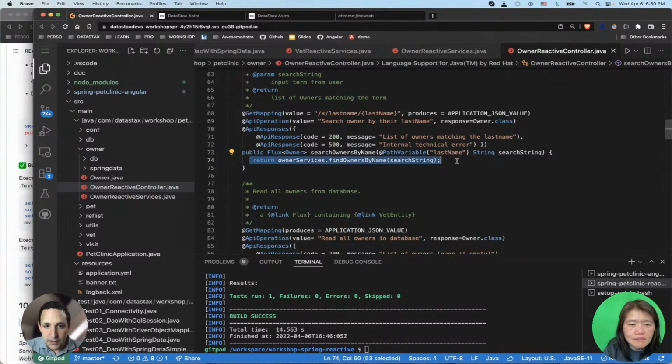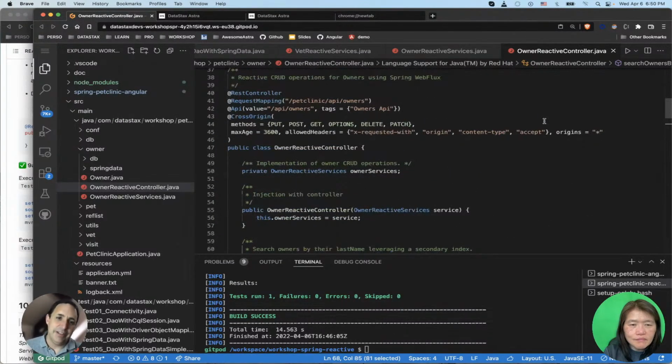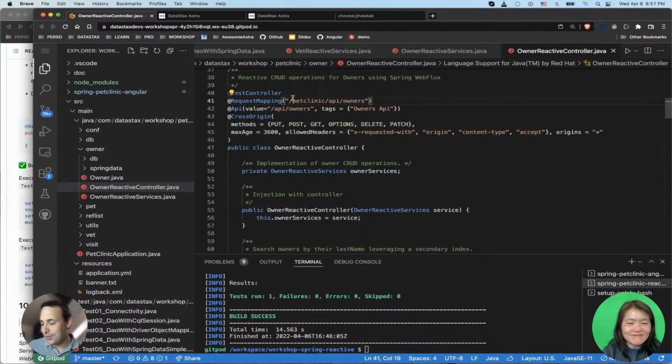So here, this is the service call. Here, this is the signature, nothing special. And here, this is how to expose a method as a REST API. This is nothing different from Spring Web. Spring does have its own set of API annotations. It's not Java EE. Java EE would have used the specification called JAX-RS 2.0. Here it's a Spring dedicated signature, but here request mapping is like the path in JAX-RS,